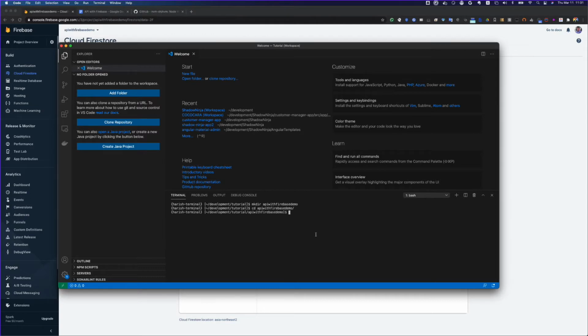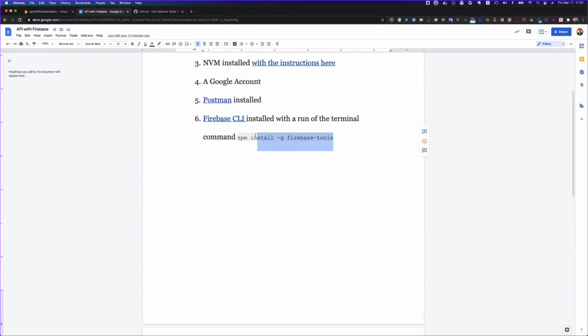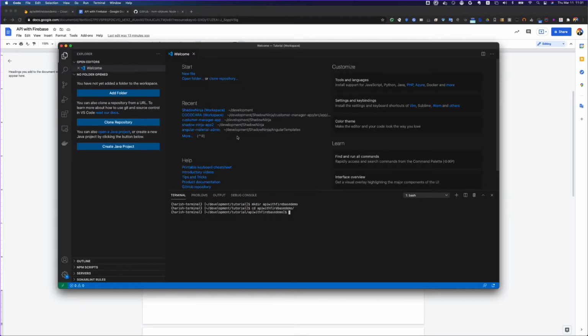Now I have Firebase already installed, that is Firebase CLI. As I told you in the starting, you need that Firebase CLI to be installed. If you have not done it till now, please do it before doing this next step. The next step is that I need to log in to my Firebase account.